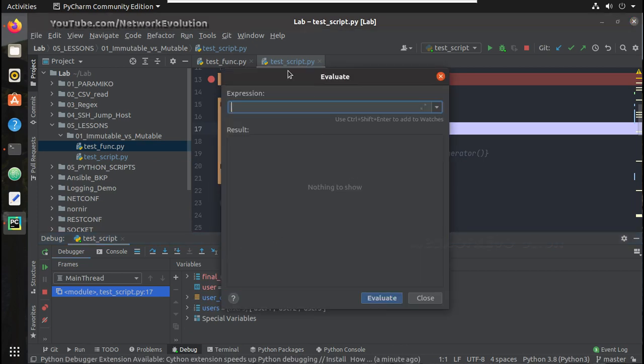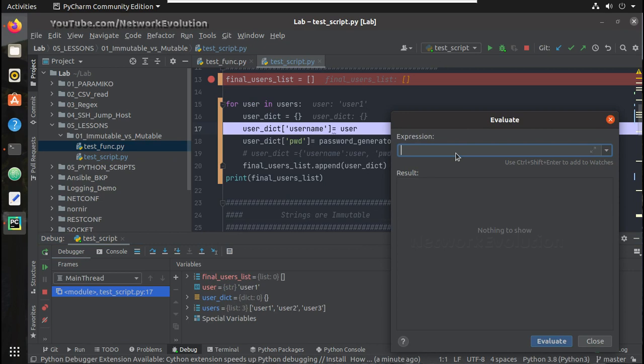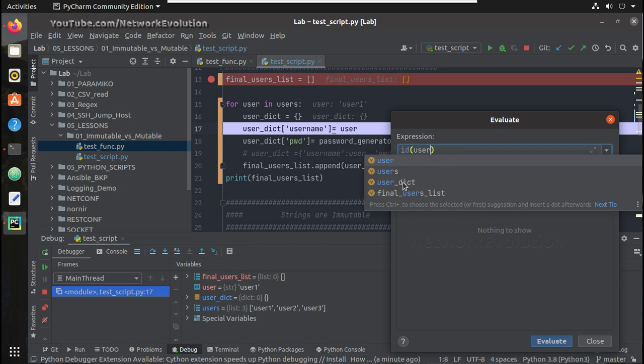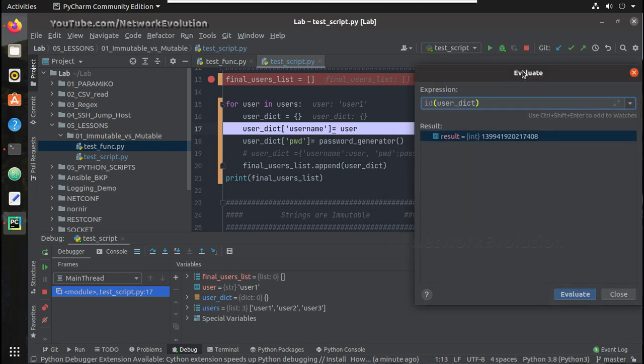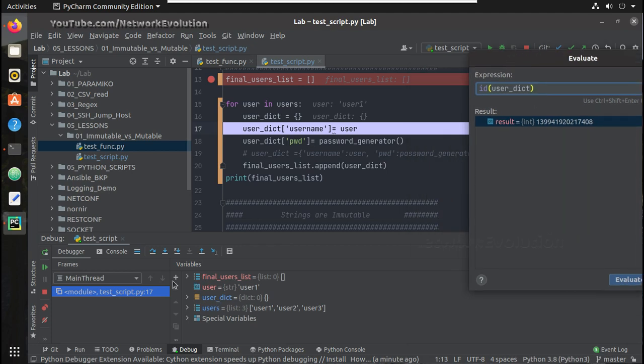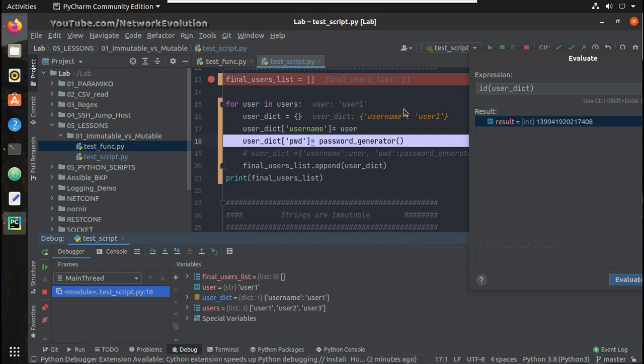Now we'll verify the ID of that dictionary. For that, user dictionary, evaluate. So now the ID is 7408. Still the final user list is empty. Let us do a step over.